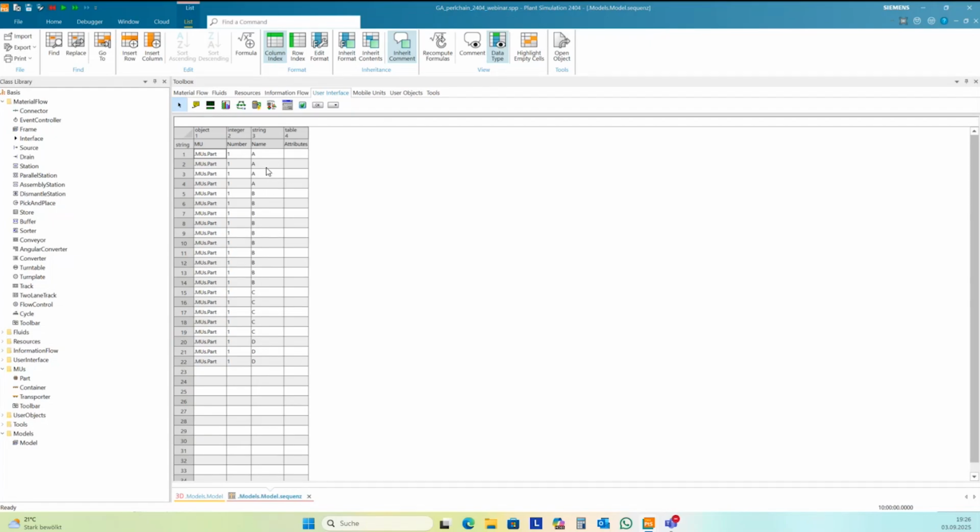And you can imagine if this is hundreds of lines, it's really an incredibly high number of possibilities if you try to simulate all possible variants of this sequence.